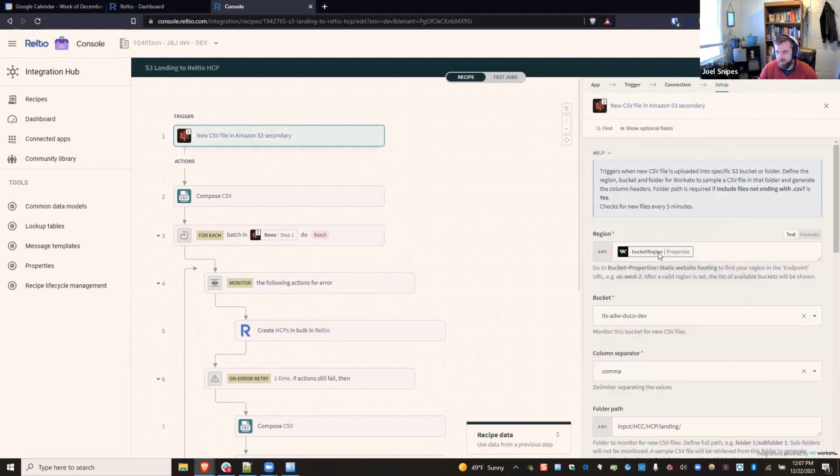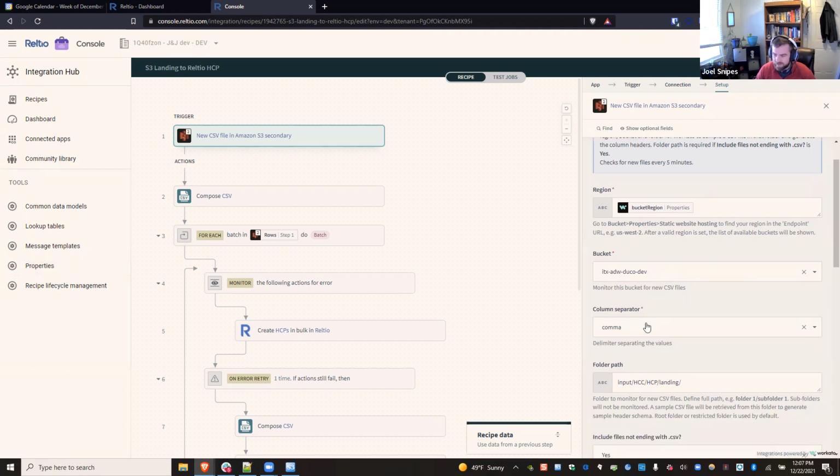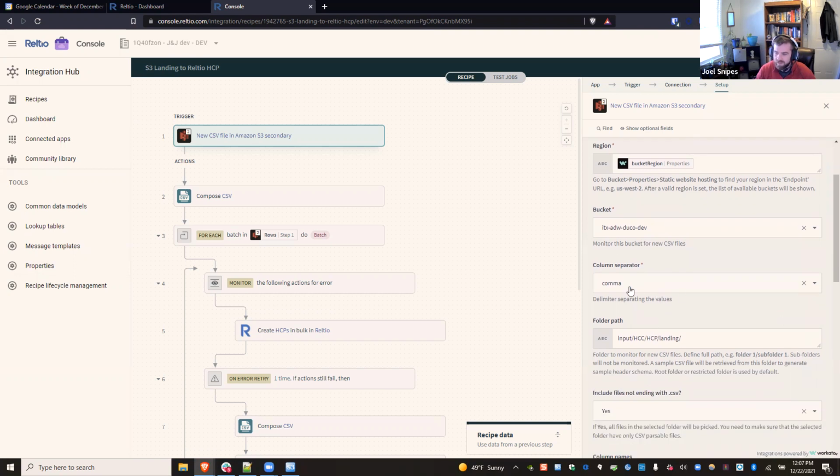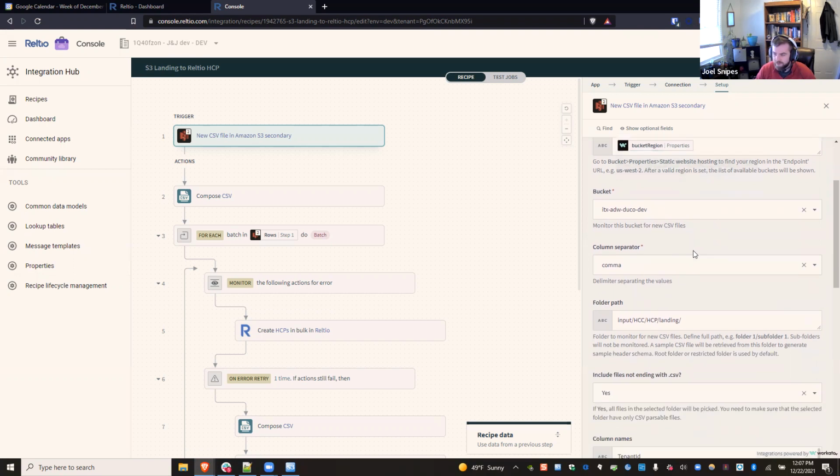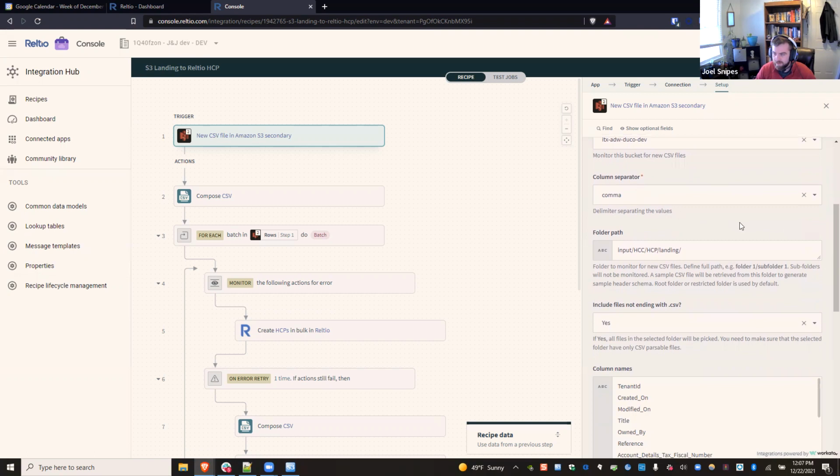I like to store the region of my bucket in a properties here because it tends to be consistent. And if I ever want to update all of my recipes at once, you only have to update it in one place. Fortunately, you can't do that with the bucket, but you can select it from a drop-down list. So what you're going to do is choose your bucket, your region, your comma separator. So comma is common for CSV. If we're doing a CSV listener here,